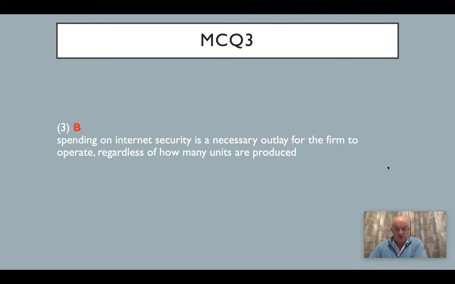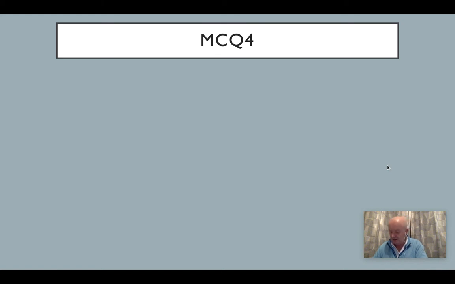In essence, to explain that, the spending on internet security is something that an organisation would have to pay regardless of how many units it's going to produce, and hence, as a result, that's going to be a fixed cost. Let's take a look at multi-choice question 4 then,